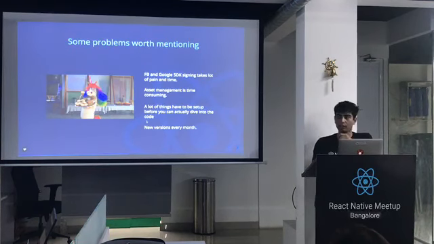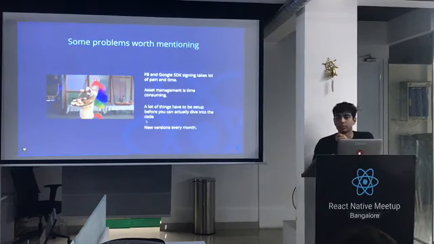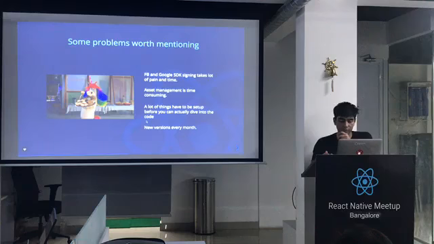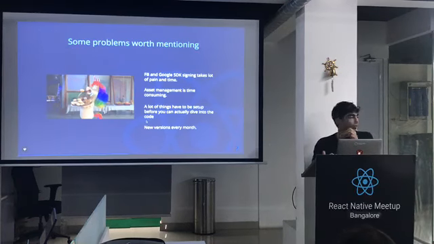So every month, a pro point also. It's a pro because you get new features every month, and developers everywhere are working around it. But the con is that if you want to be on the latest version every time, you have to take that version, integrate it in your app, and it takes some bit of time, but you get new features. So that's a pro. So everyone knew that these are the problems in React Native. So they have come up with a solution, which is going to be talked about by Rishabh in the next slide.